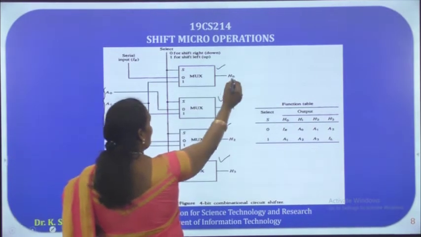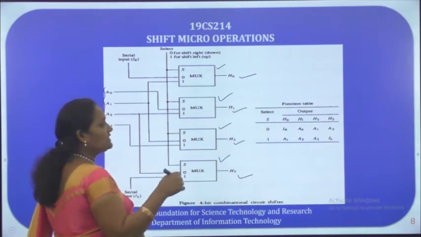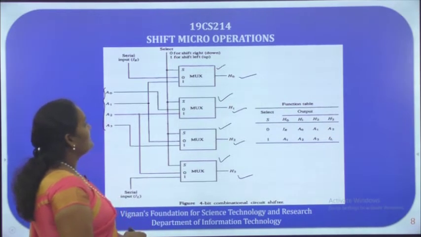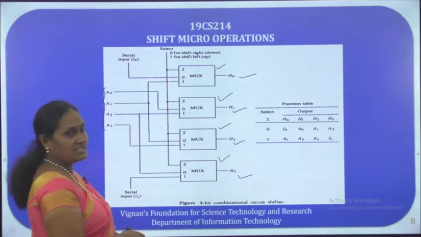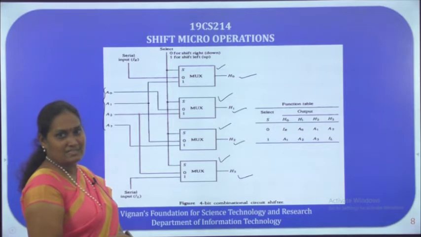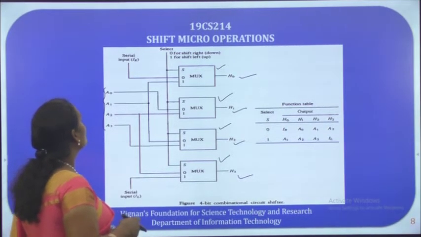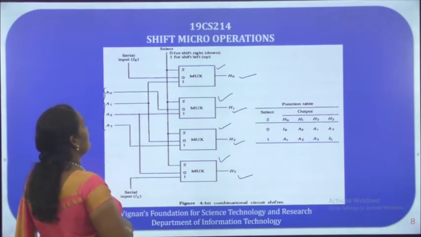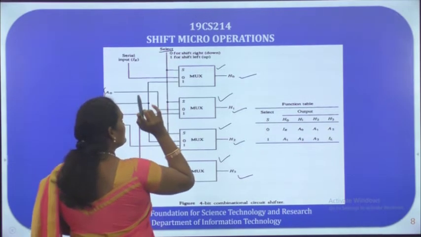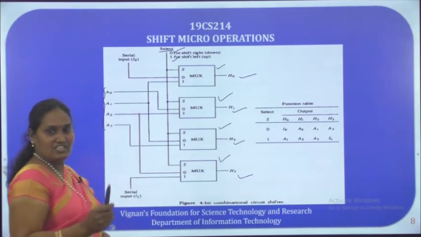The outputs of the multiplexers are represented with H0, H1, H2, H3, which become the output after shifting. Here I am just going to represent the logical left shift and logical right shift for understanding. In the same way, we can implement circular operations as well as arithmetic operations. Now, before going to know how it is working, first we need to see how all the connections are made. Let us see. Here we have a selection input. That selection input contains 2 values, either 0 or 1. So here only one selection input is there.